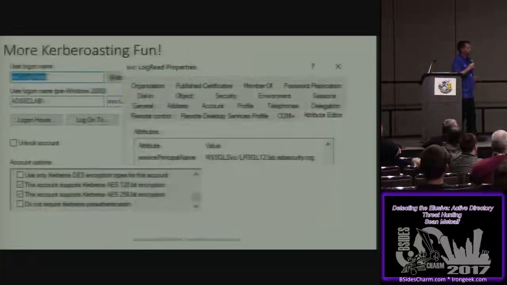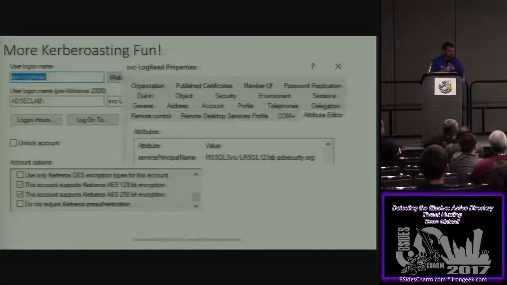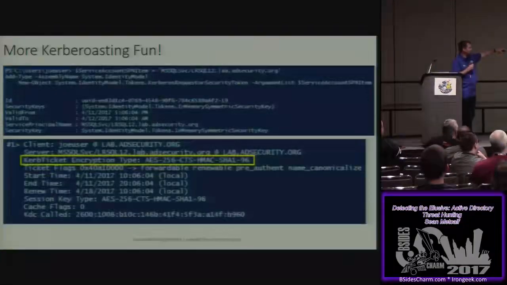In the newer versions of Windows, when you have them on your domain controllers, you get these new checkboxes: "This account supports Kerberos AES 128/256." So if you set this on a service principal or service account that has a service principal name, and your application supports AES Kerberos, which most of the Windows ones do, this changes the game. Because now when we run this standard Kerberoasting PowerShell script, they get an AES ticket,